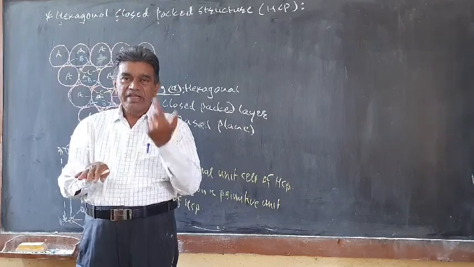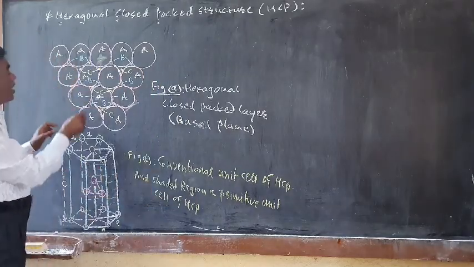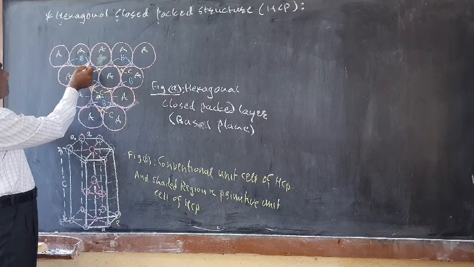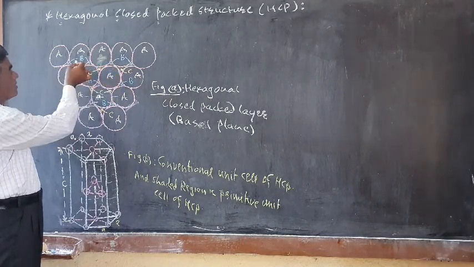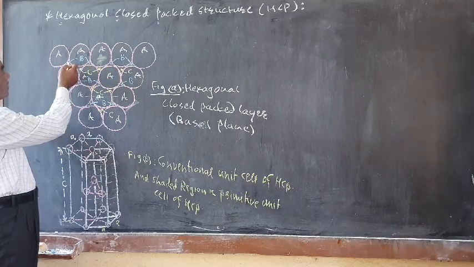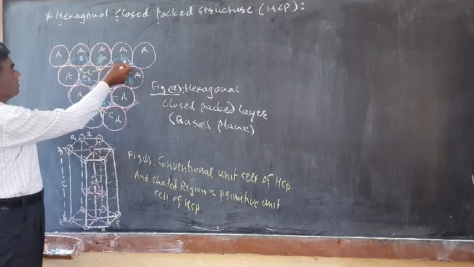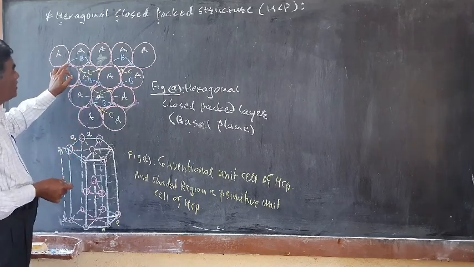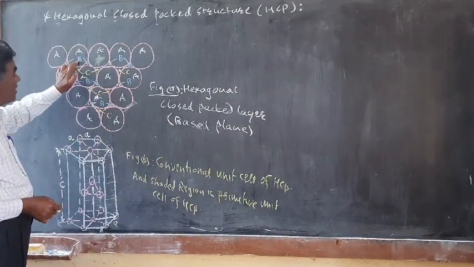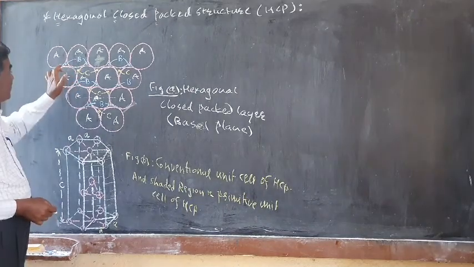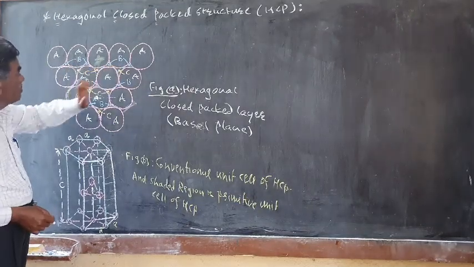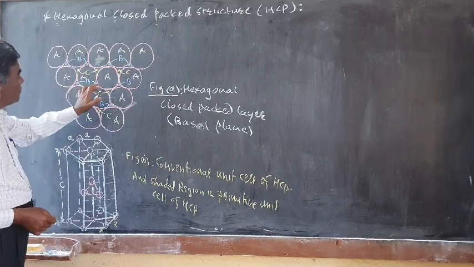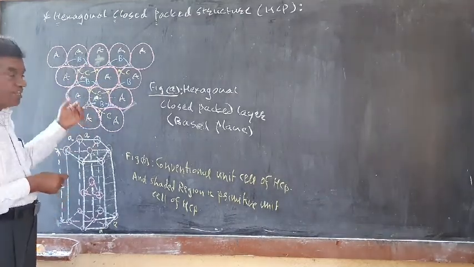Now let us consider the arrangement of the next layer on top of the basal plane. It is seen that there are two kinds of points in the basal plane. One kind is labeled as B, shown in blue color here, and the other is labeled as C. So these are the B positions, or the B voids, and these are the C voids. Here is nothing but the C voids, and the upper one is nothing but the B voids, and so on.